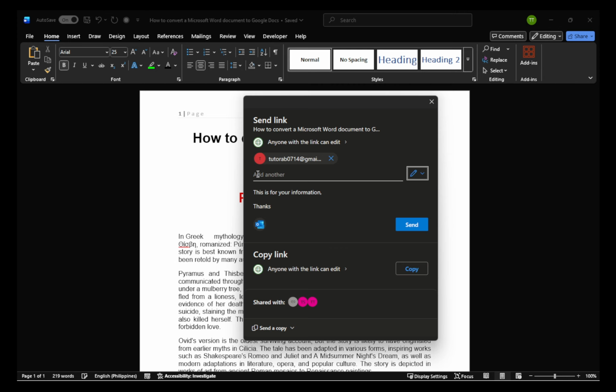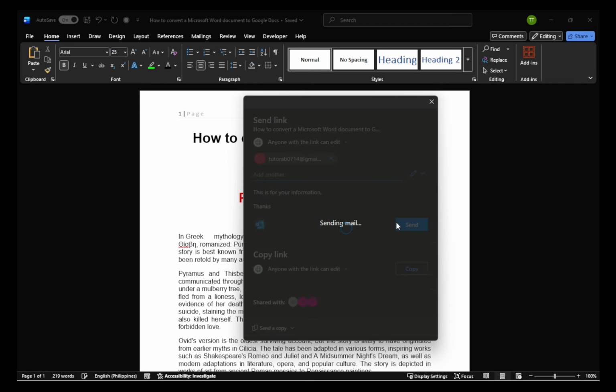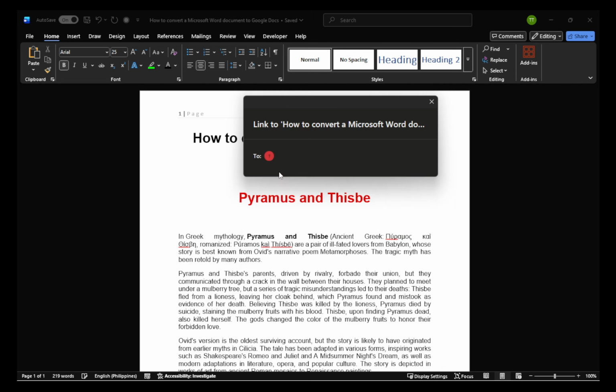And there you have it. Sending a Word document via email straight from the application is as simple as a few clicks. By following this streamlined process, you can ensure that your documents are sent quickly and efficiently, making collaboration and